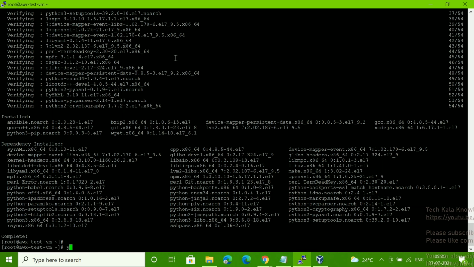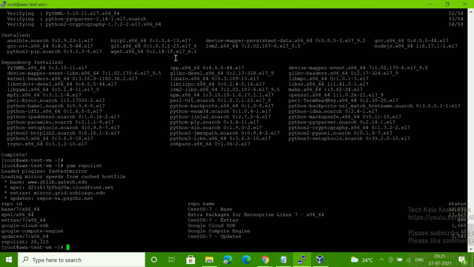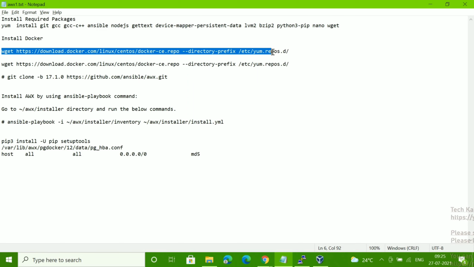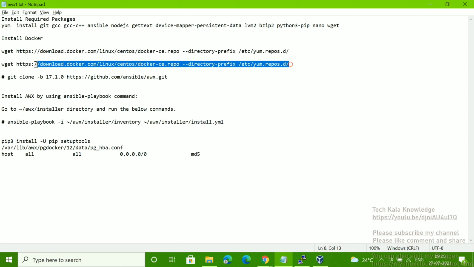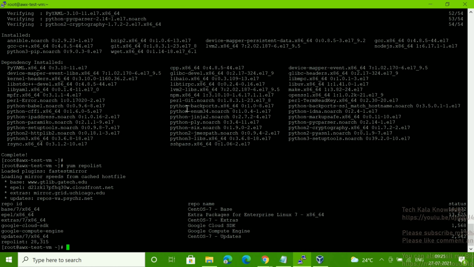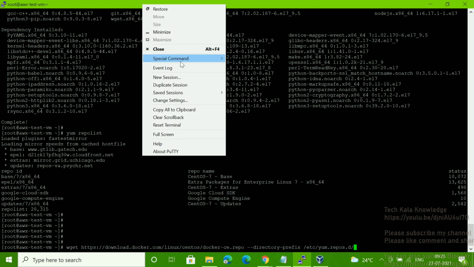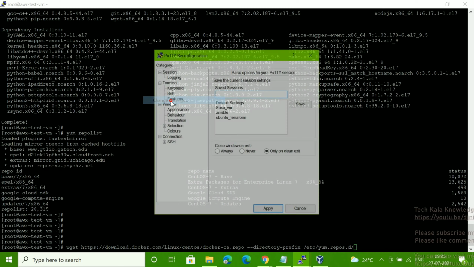Fine. Now we need to check the repository, right? Yum repolist. If you see here, right now there is no Docker repository, right? So we have to enable that one. So I have copied that command. Let me run this one. Let me change the font size.